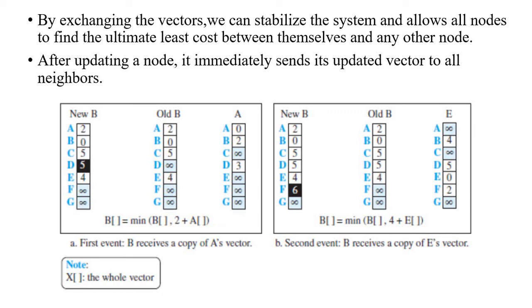So when this value 3 is there, and also from B to A the distance value is 2, 2 plus 3 becomes 5. In this way, every node, after collecting the distance tables from the neighbors, keeps on updating its individual vector table.